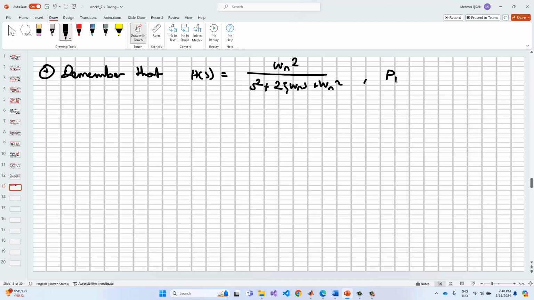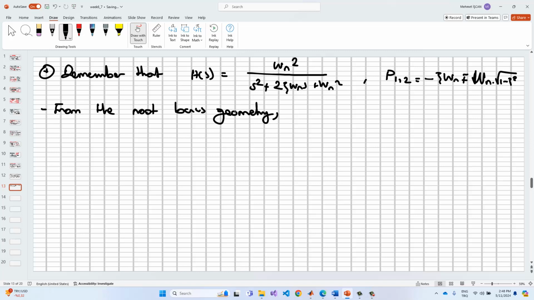And also the poles are equal to minus zeta omega n plus minus omega n times square root of 1 minus zeta square times j, okay? And so in this manner we utilize the zeta, and this creates the imaginary part of the R system. So okay, and so from the root locus geometry, just using the geometry, we can calculate the new